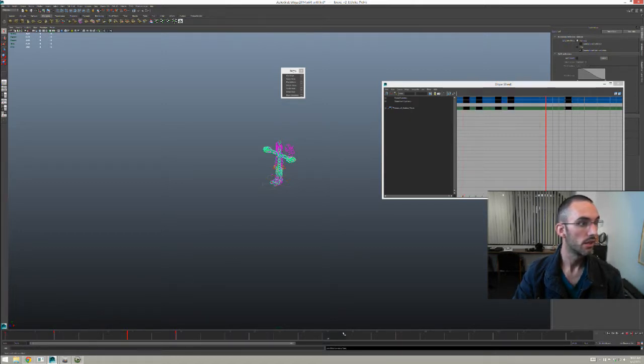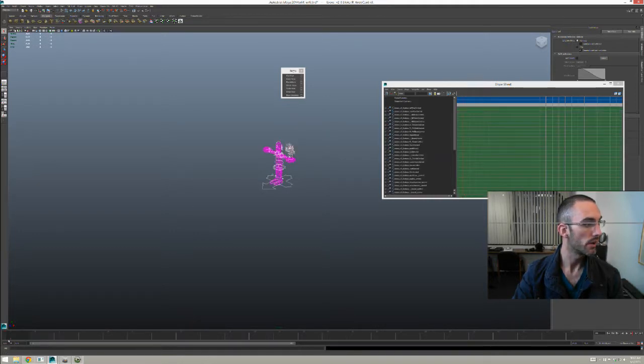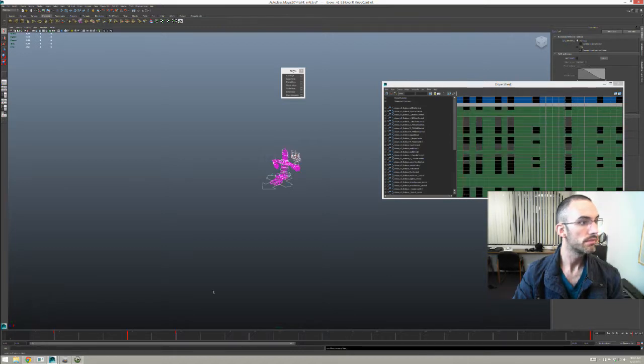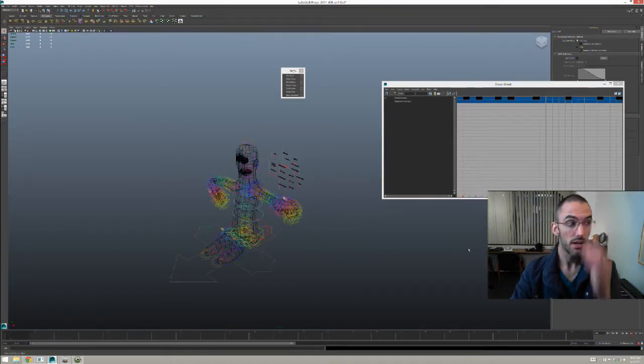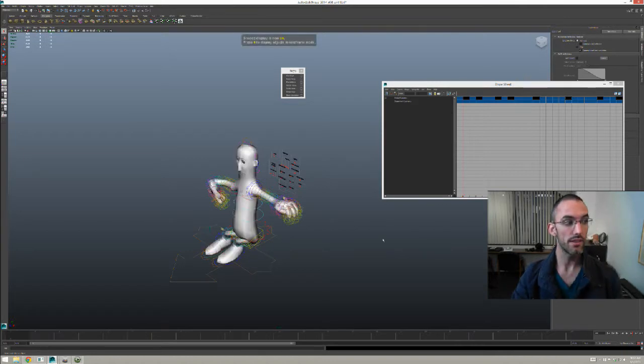Let's see. Yeah. Oh wait, it's on the stupid joints. Let me turn off joints. There we go. Paste. All right. So this didn't work, and the reason that didn't work is because of the way that this rig is set up. Because Maya actually